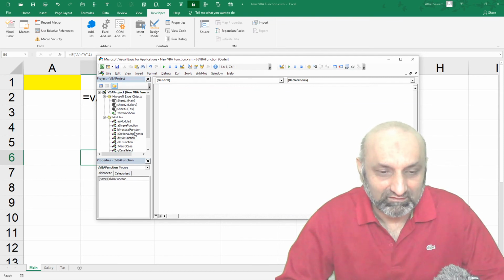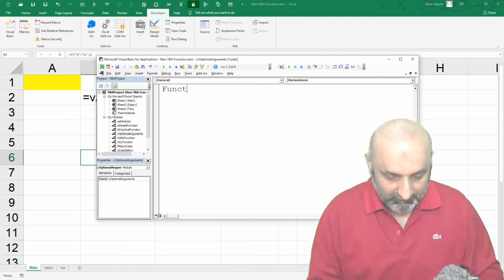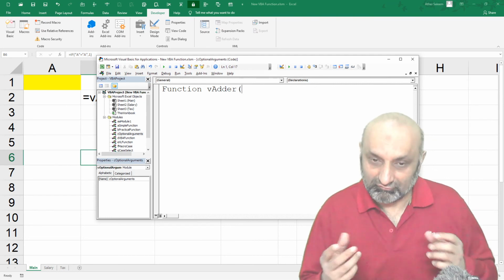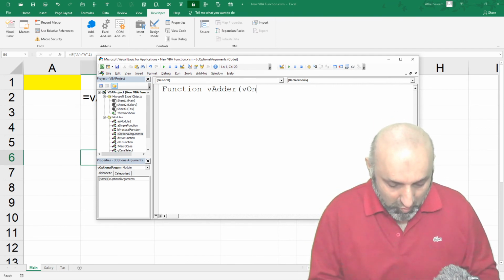So let's say I have a function adder with two parameters, v1 comma v2.